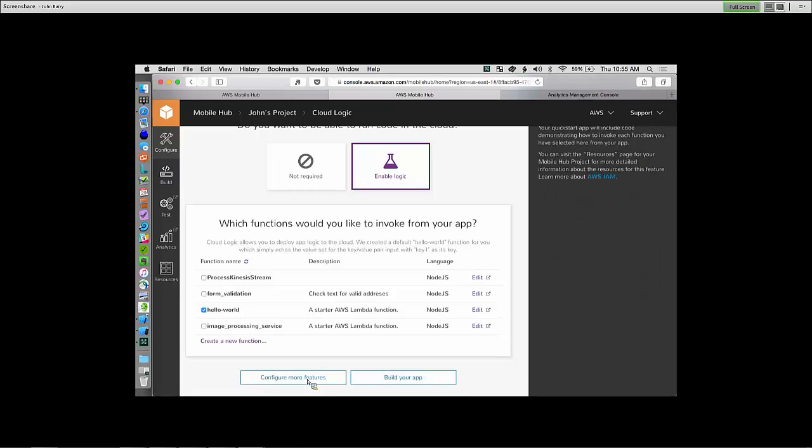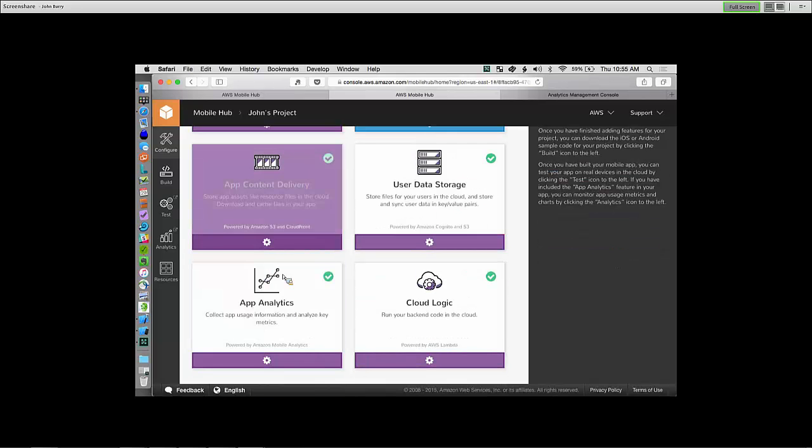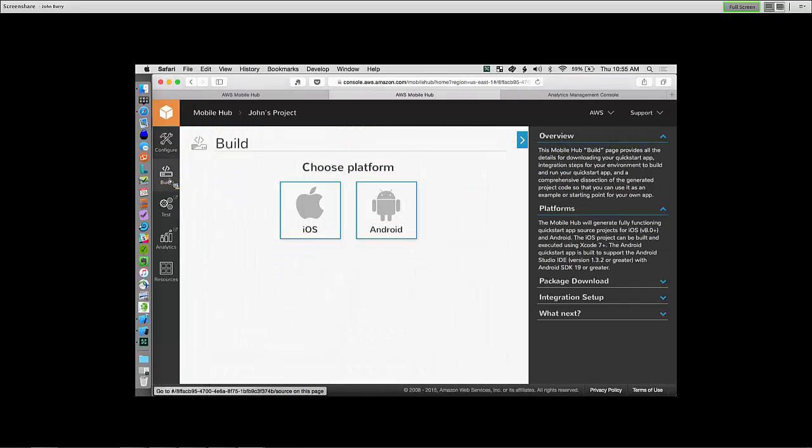So I'm going to save changes and configure more features, and that's it for the 6 right now. The next step is I would build my app, choosing the platform and continue. But I'm going to pause here for a second and come back, because what I want to do is showcase some of the other features. Then I'm going to build my app, and then I'm going to pop into, in this case I'm on my Mac, and I'm going to go ahead and use Xcode in a second to showcase that. So we'll come back to build.